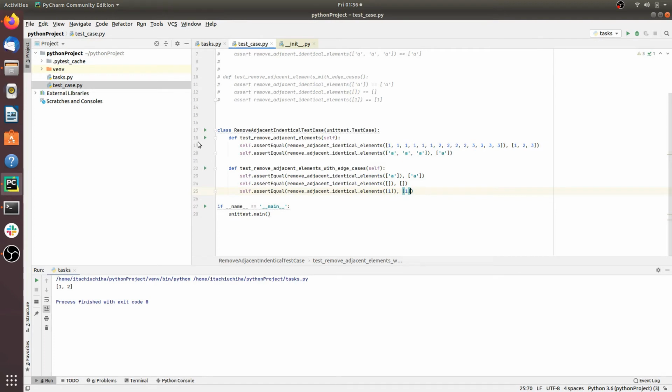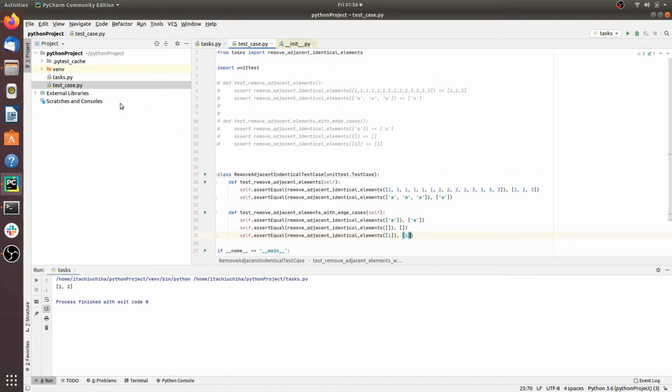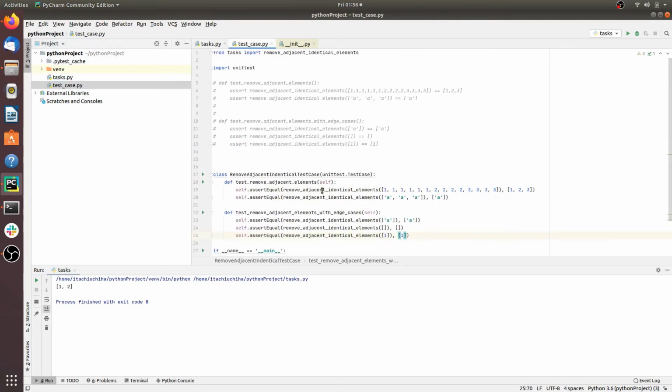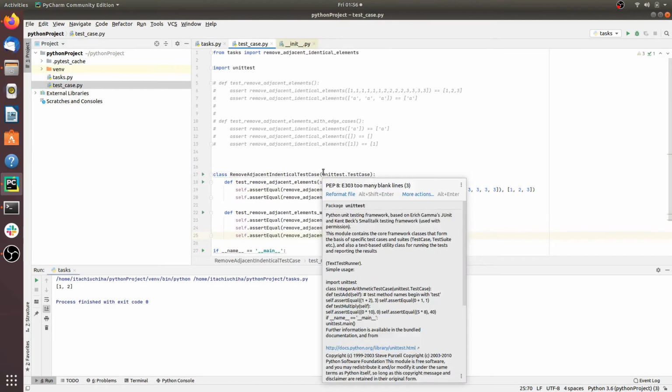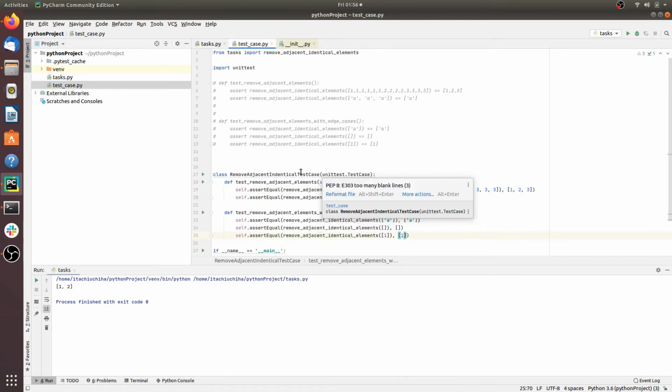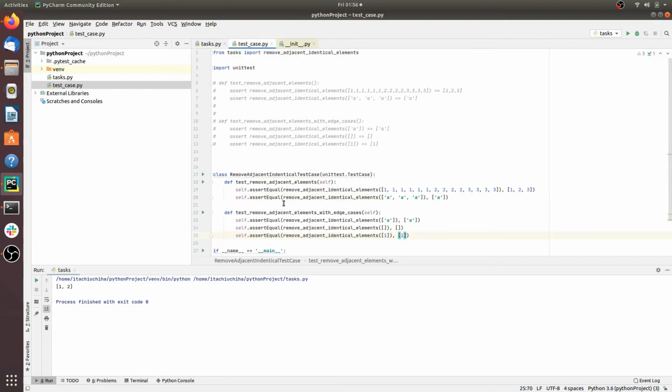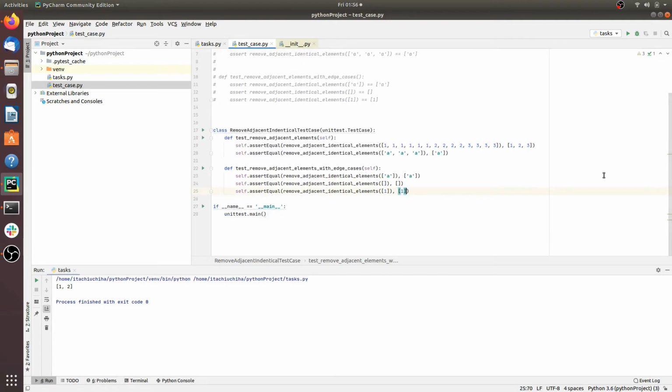Now my suggestion would be to write more functions and use the testing kit that we have and write more test cases. Okay, now this is basically it about testing. Now what I'm going to do next is talk about